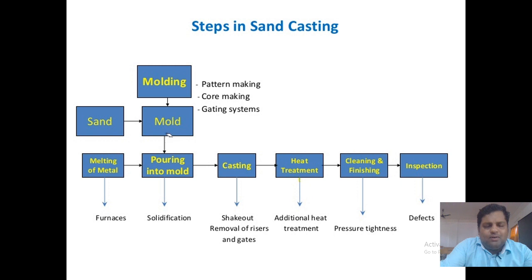After getting the mold pattern as a cavity, we will be pouring the molten liquid metal into the mold cavity, so that the metal will be filling the cavity. We will be obtaining the metal in a required shape. Okay, that is poured into the mold cavity. After that, it will be solidification. The molten metal is being taken from the furnaces. Okay, and it will be carried out through